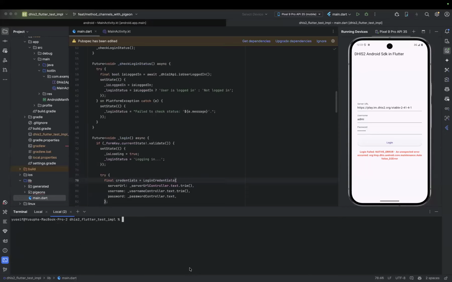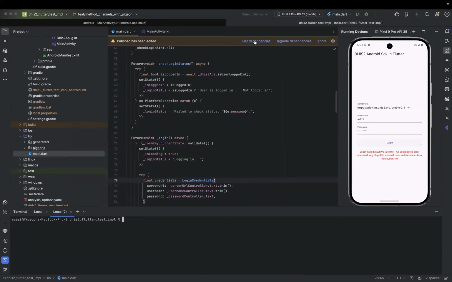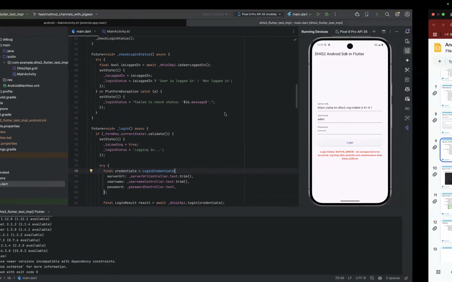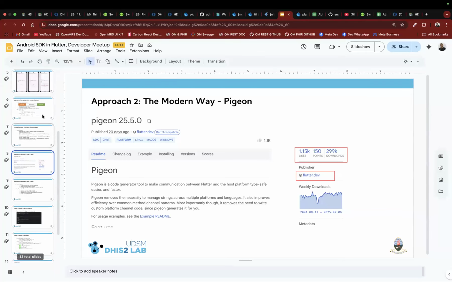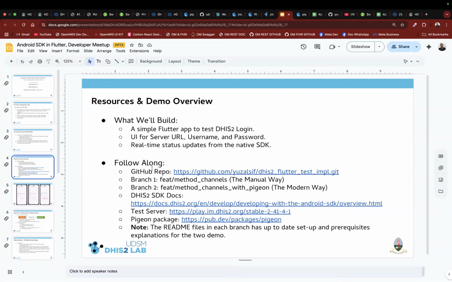So to understand a little bit of the Pigeon package, it shows in the dependencies. If you want to know more about Pigeon, we listed a Pigeon link when we started our presentation.